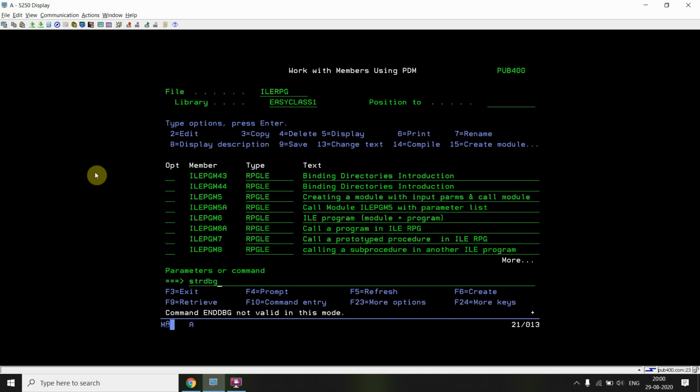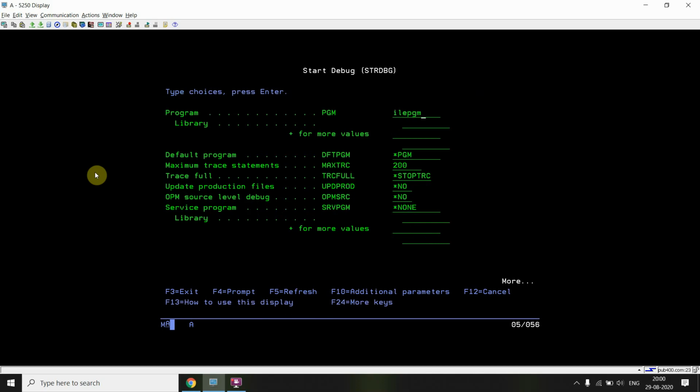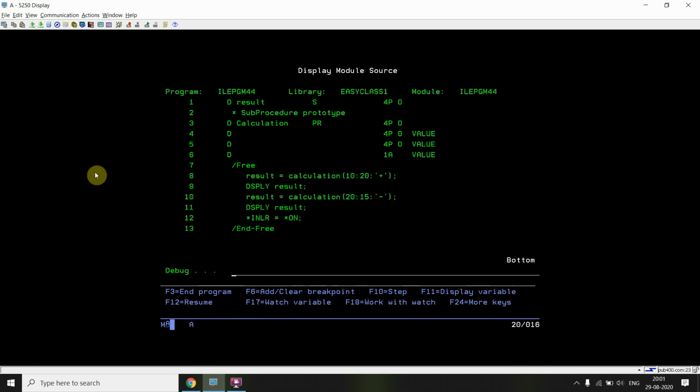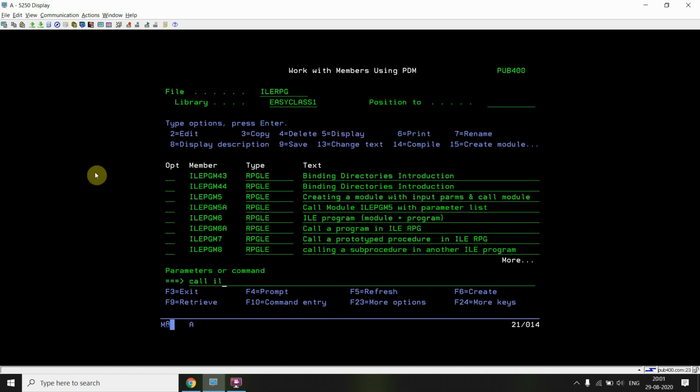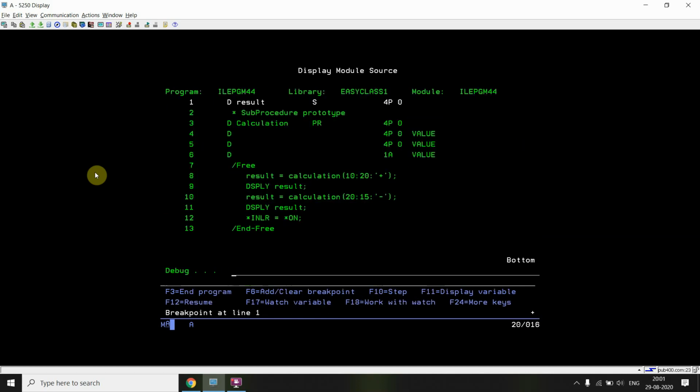Let's debug this program, ILE PGM 44. The debug is starting. Let's set the breakpoint and call ILE PGM 44.